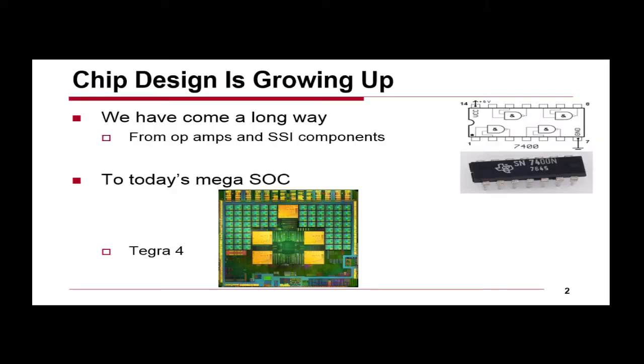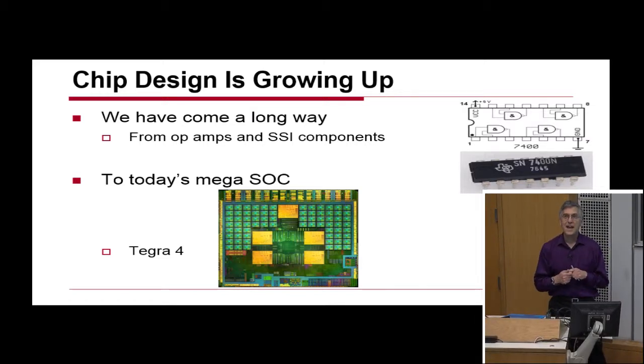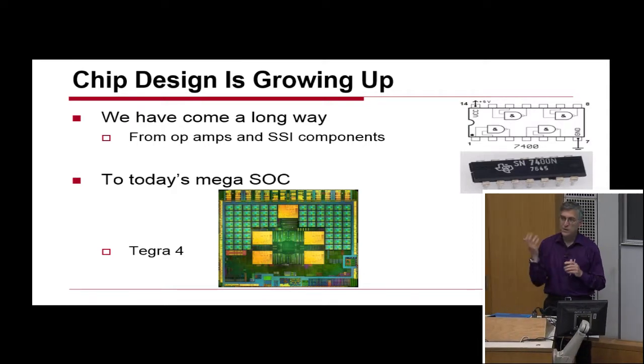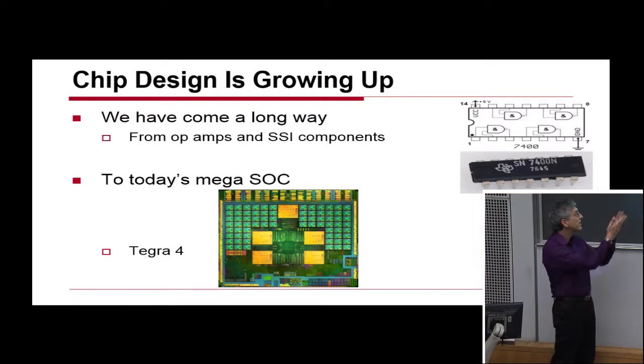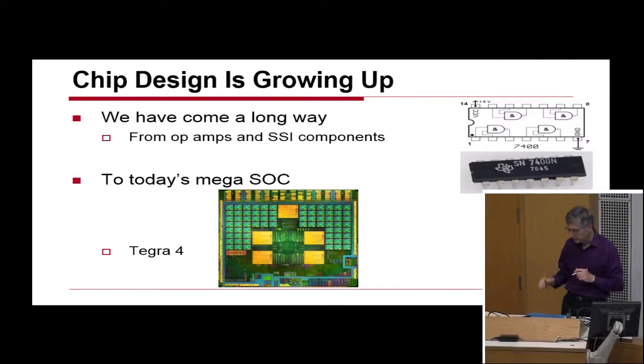So why is that? I think that we all will agree that chip design is basically growing up. Now, none of you are probably old enough to know this, but when I was a kid, back in the ancient times, AKA the 70s, integrated circuits were a relatively new invention. And they came in these little packages called DIP packages, and they had a couple logic gates on them. And we've transitioned over the past 30 to 40 years from something that had a few logic gates on it into a modern SoC design, which has billions of transistors and integrates both analog and digital systems.